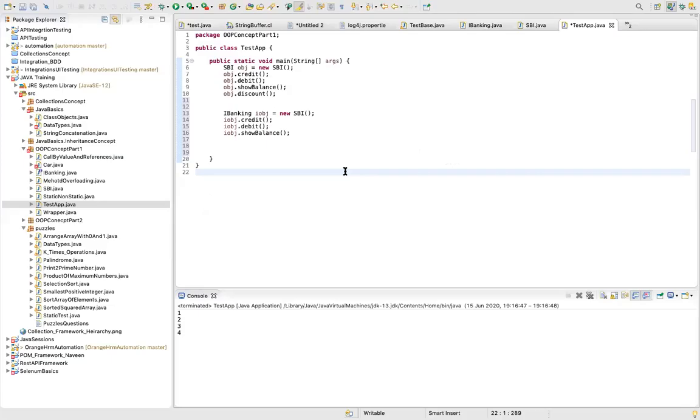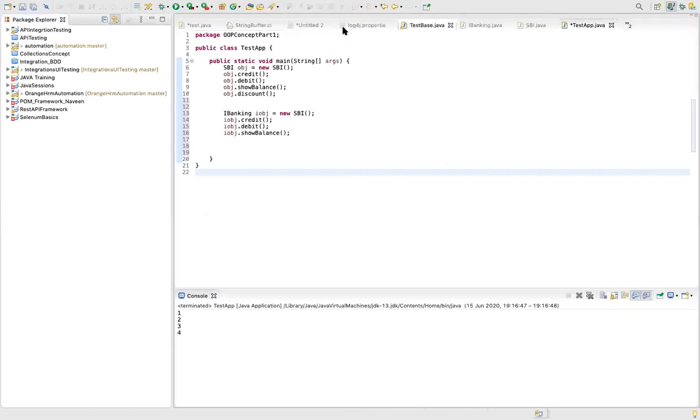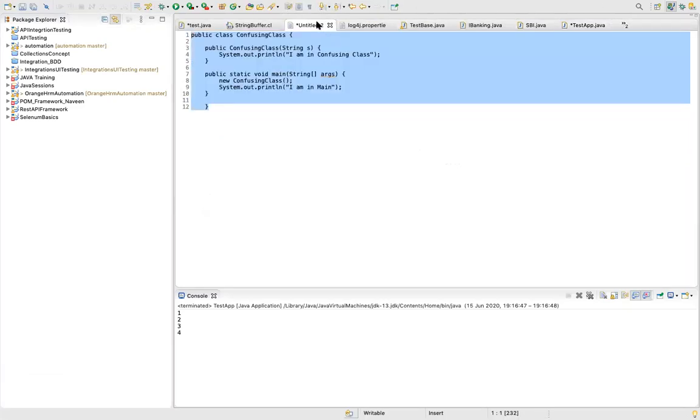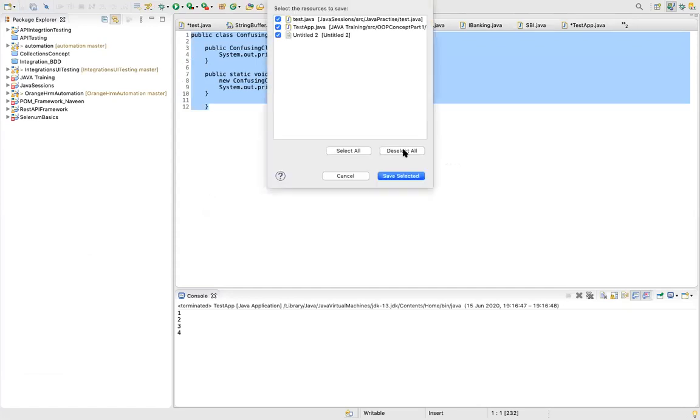Okay, so assuming you guys can see my Eclipse screen, we can remove this confusing class. We don't need all this right now. So I'll select all and save.